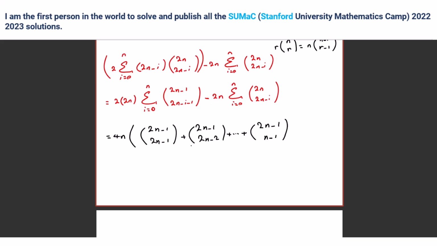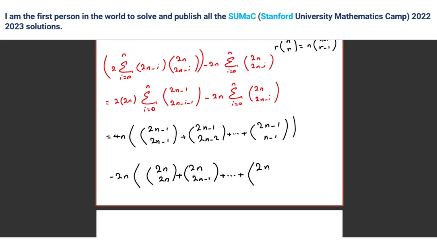Yes, n minus 1, because we are considering these numbers. If you write n, we think it is until n, but it is until n minus 1. Minus 2n times 2n choose 2n, 2n choose 2n minus 1, all the way to 2n choose n,